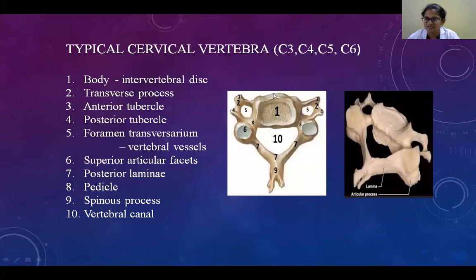The anterior surface gives attachment for the anterior longitudinal ligament, whereas the posterior surface gives attachment for the posterior longitudinal ligament. This is about the body, which is transversely oval in shape. It consists of 4 surfaces. In the upper surface, the lateral margins have raised lips, called Unckel's process.